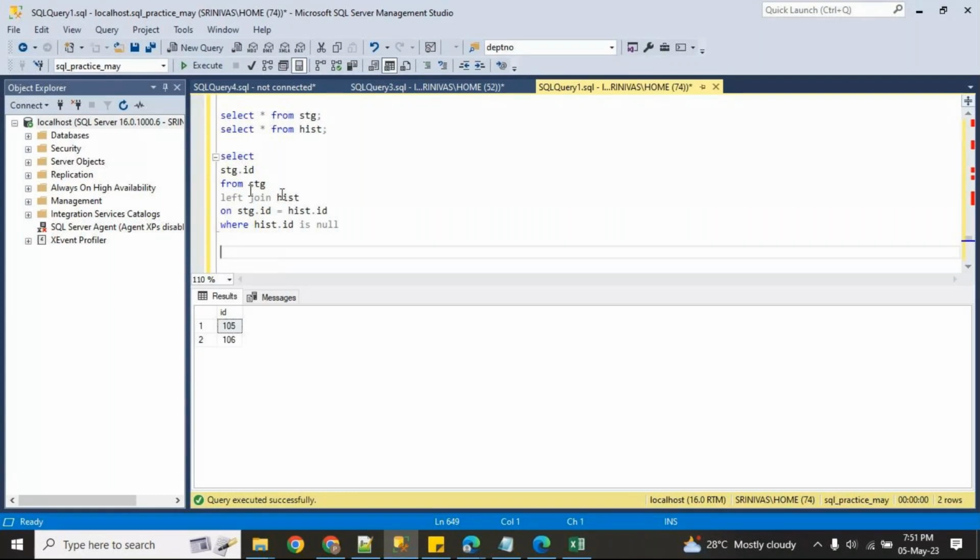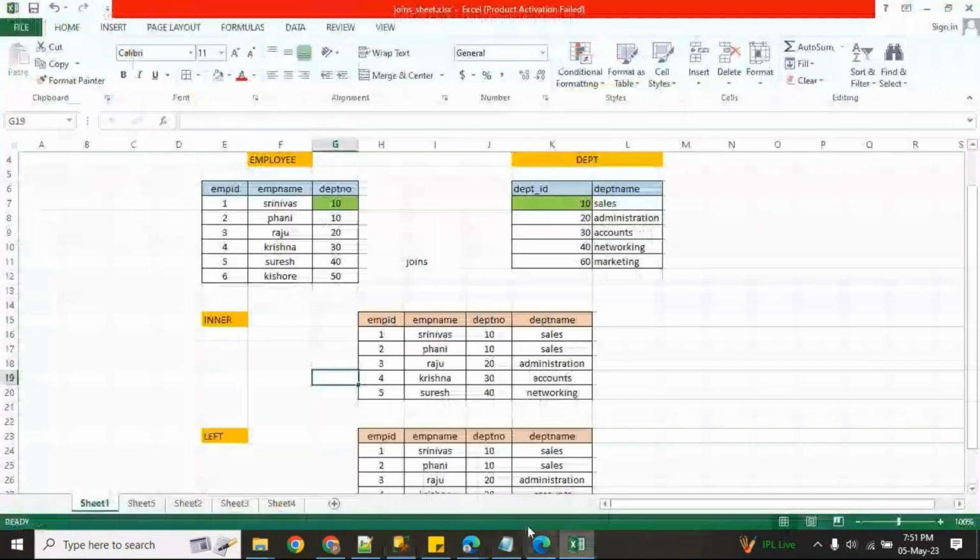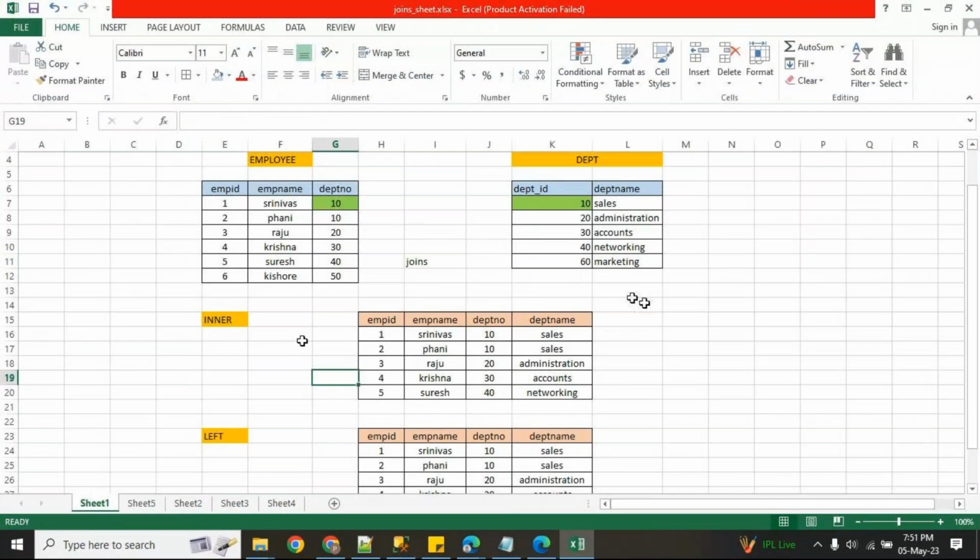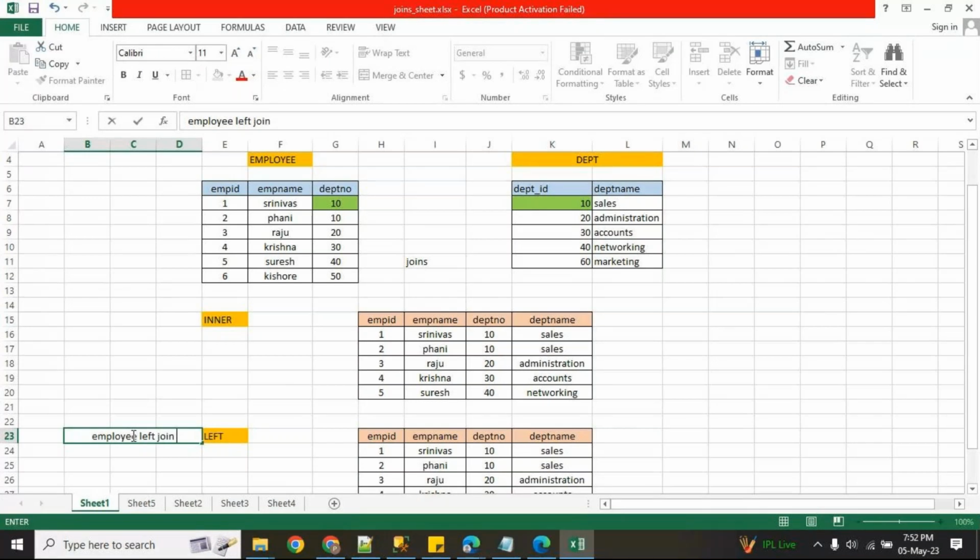Whatever I write here, employee left join department, or employee inner join department.